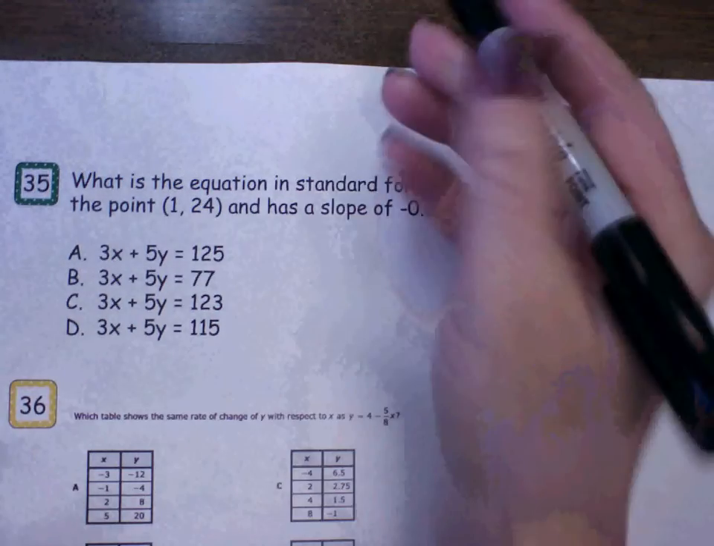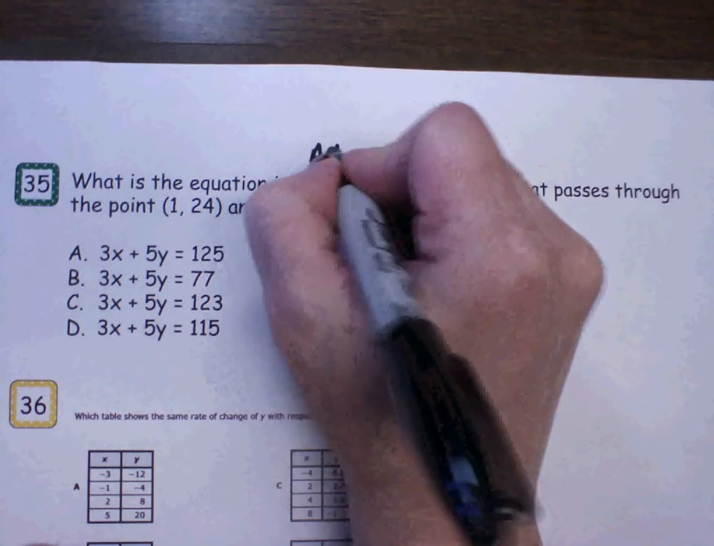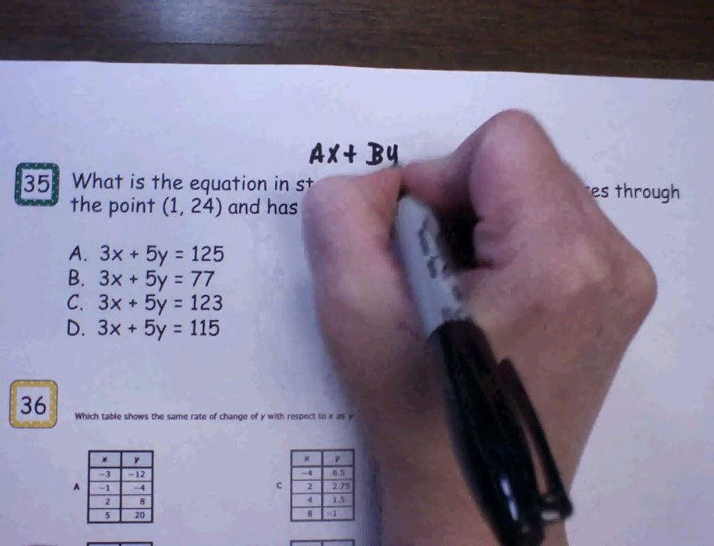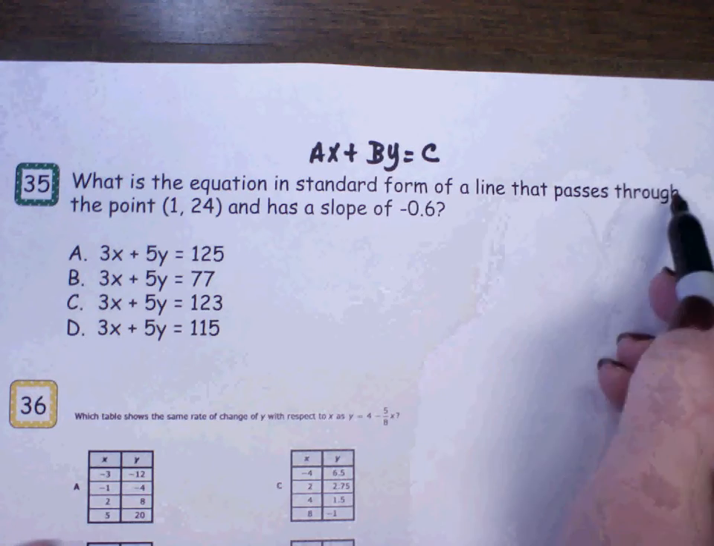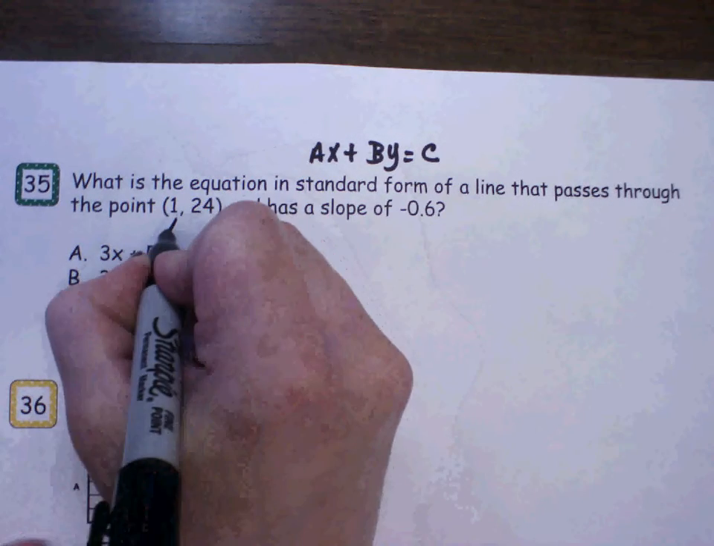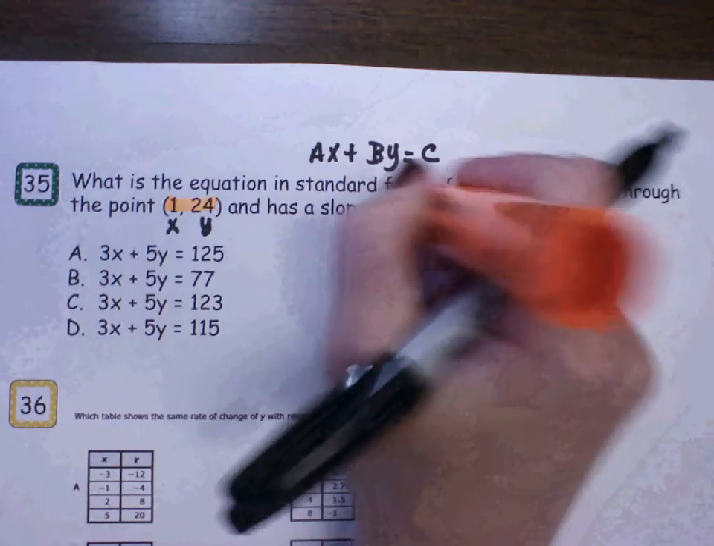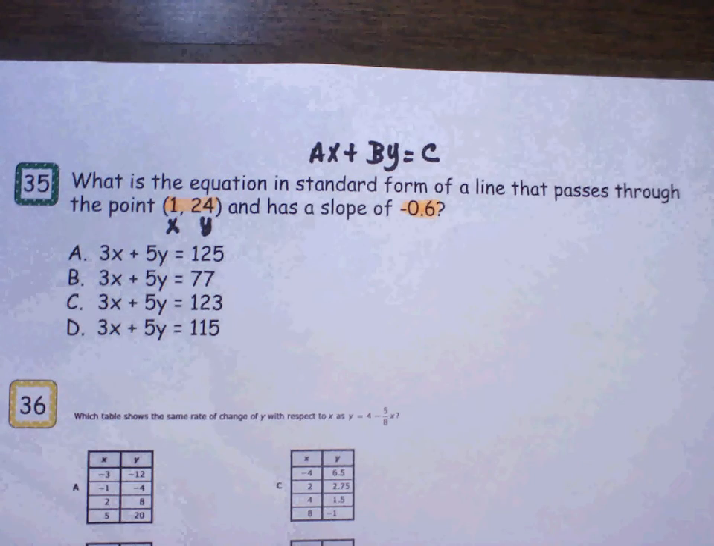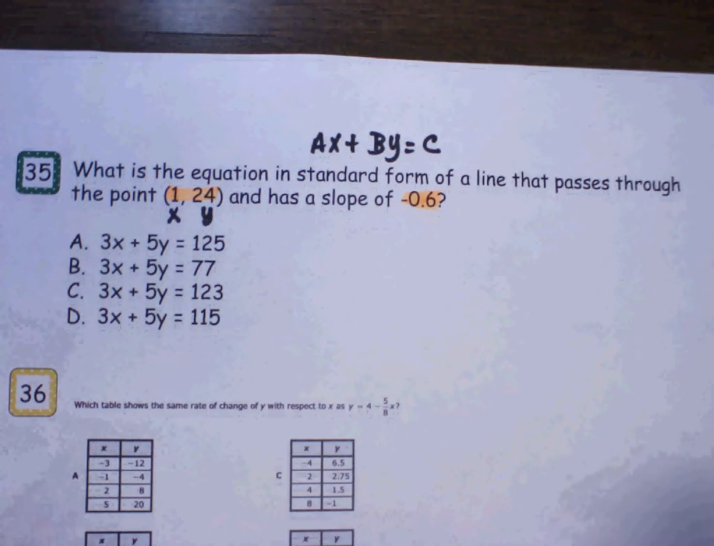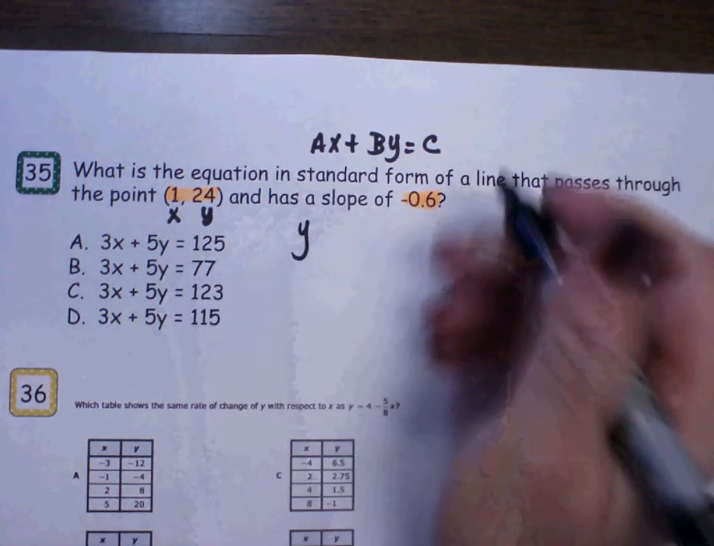Number 35. Write the equation in standard form. Standard form is what? AX plus BY equals C. Of a line that passes through the point, so this is your X and that's your Y, and has a slope of negative 0.6. Point slope, very good. So Y,